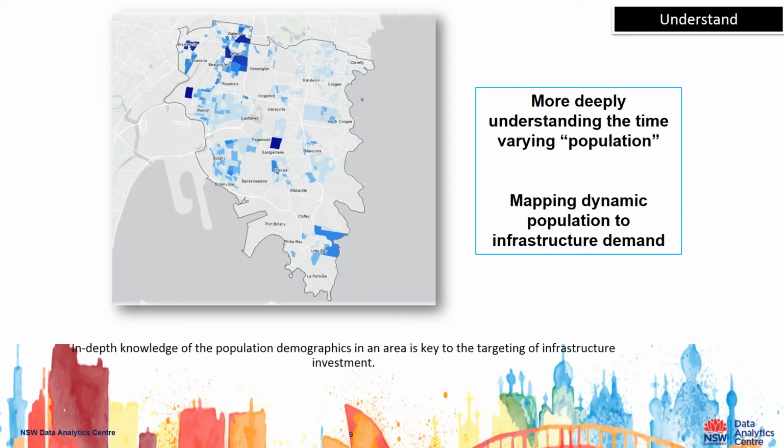This area we're looking at the moment is South Sydney, Randwick, Botany area. It is now the most densely populated area of Australia, and the infrastructure estimates were built on models which assumed it would never become the most densely populated area of Australia. So we said it's better that we understand the existing population.